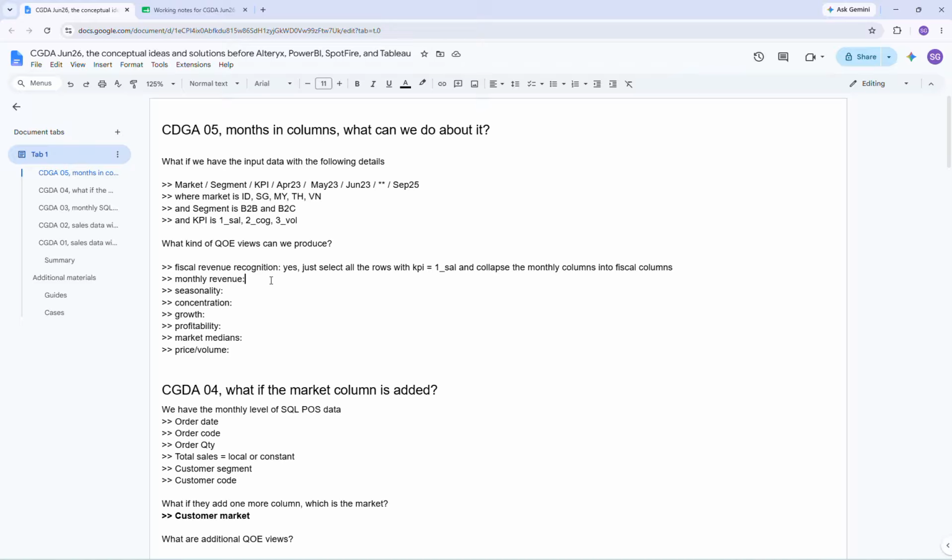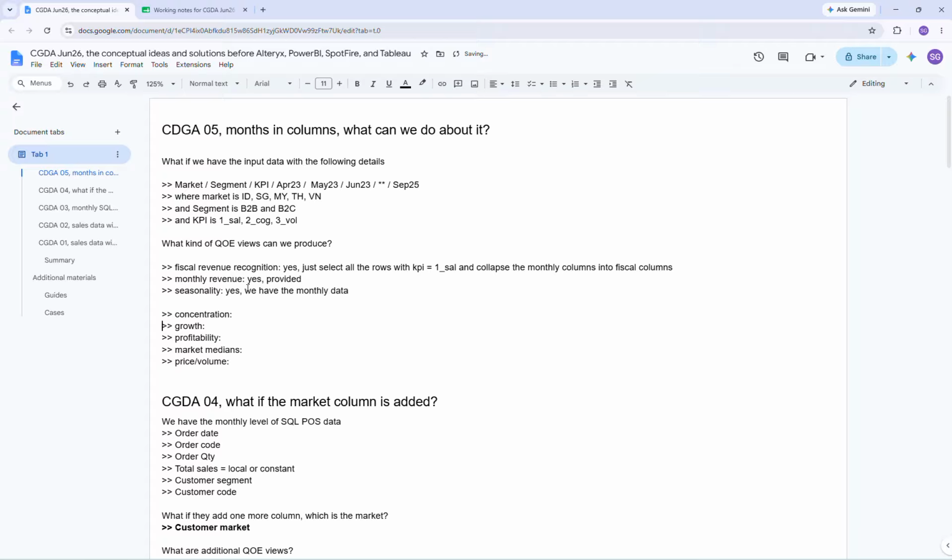So this one is also yes, but this one is very straightforward because the data is already provided. We only need to select the section with the sale. And then seasonality is also yes, because we have the monthly data. So that's it. Concentration, can we do that? In this case, we can understand the concentration of the market and then the segment also. So this one, yes,